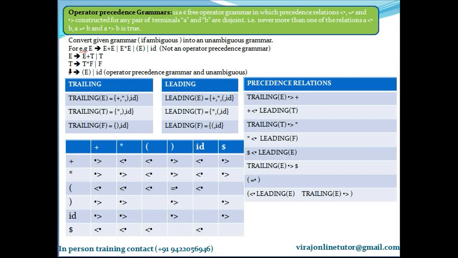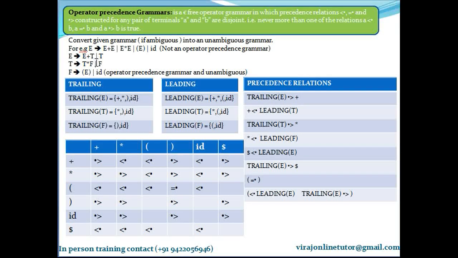And I placed F, which was here, and I introduced a unit production as well. So there were two rules to make an unambiguous grammar. One was, if the operator is left associative, make the production left recursive and introduce a unit production. So multiply was left associative, so I made this production left recursive by placing the T on the left hand side, and I introduced a unit production which was this. Again, plus was left associative, so I made it left recursive. So E gives E plus T or T. Using this method, I converted an ambiguous grammar into a non-ambiguous grammar.